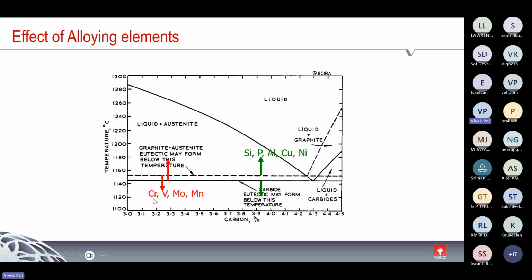And the carbide formers, if these are there in the metal, manganese, chromium, moly, then we know we will end up with carbides, because these elements are closing the gap between the two lines, and they are not allowing the casting to solidify above the carbonic line. So that's why inoculation plays an important role in minimizing or eliminating chilling tendency and microporosity.